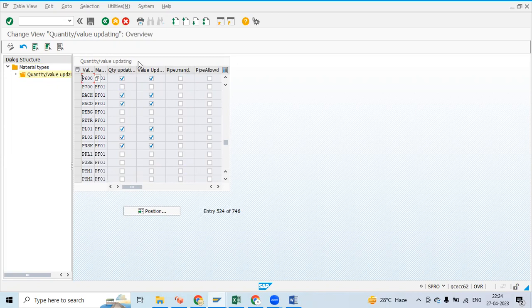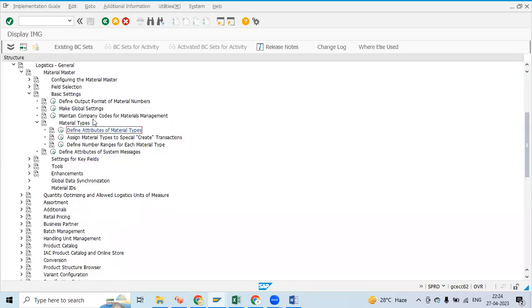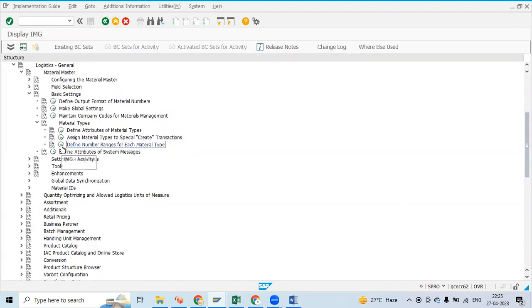Okay, so this is a very important step that you cannot miss. After this, we have created a material group and then a material type. Now we have to define number ranges and assign those number ranges to the material type. So if you click on this tick mark, or if you click on this execute,